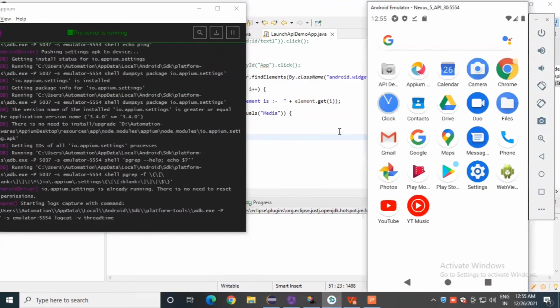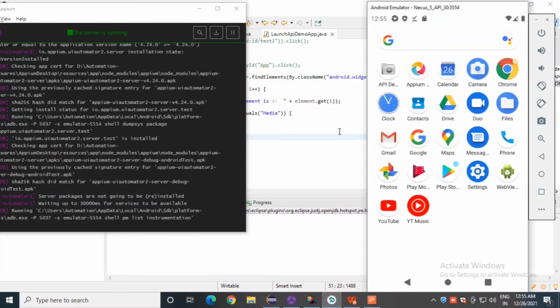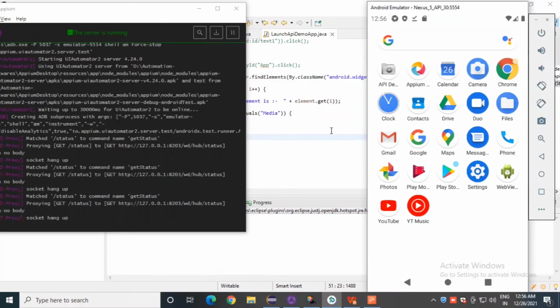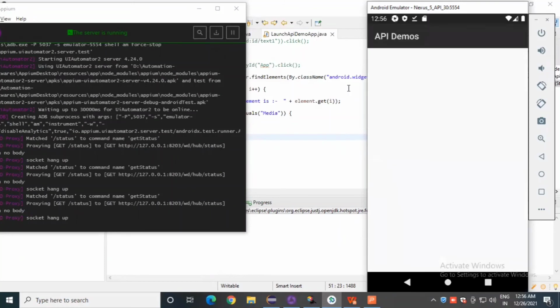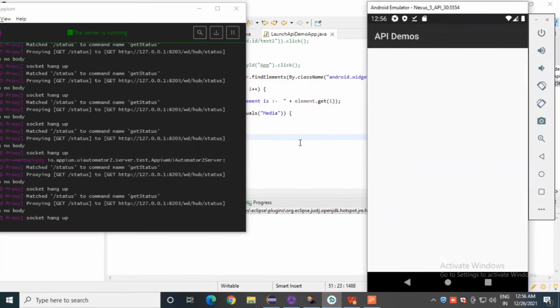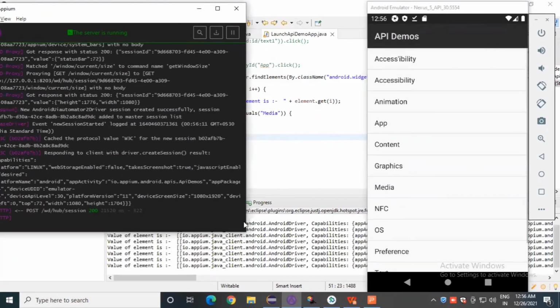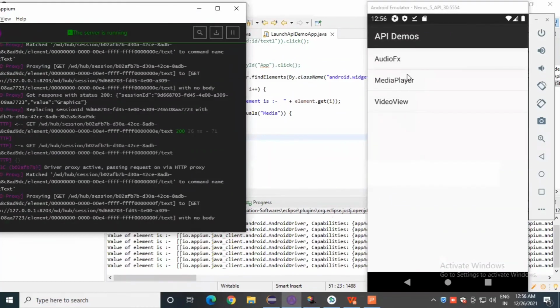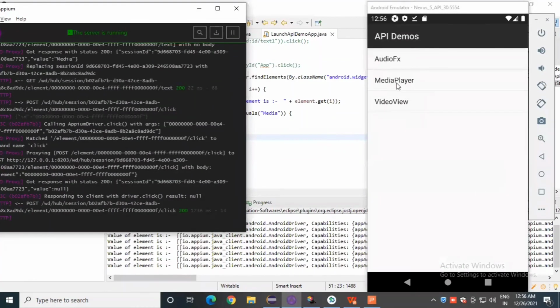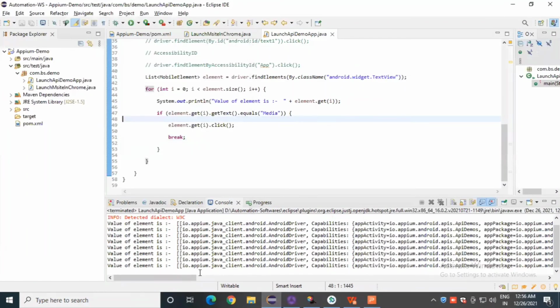Open this device simulator and check whether we are able to click on this media or not. Okay, it's launching the API demo app. Okay, and we are able to click on this media section properly.